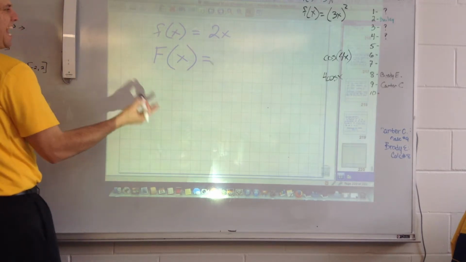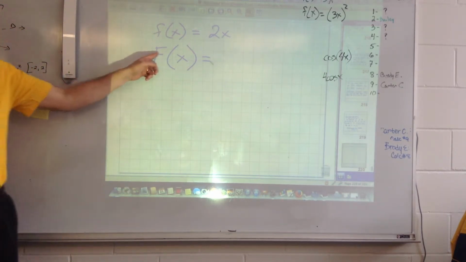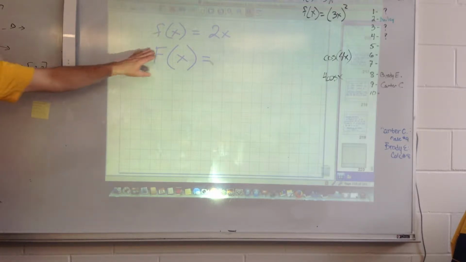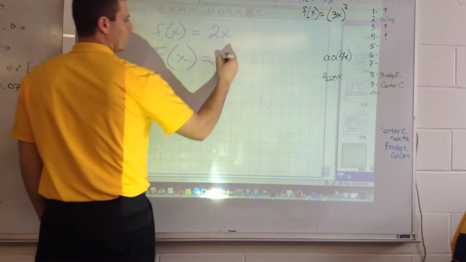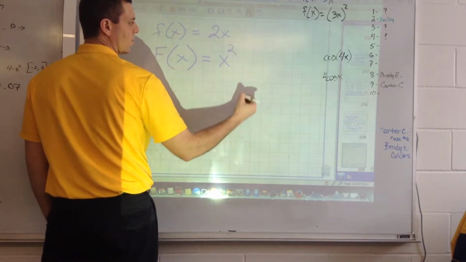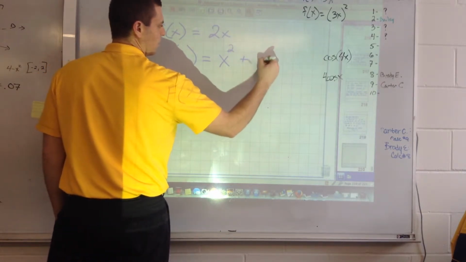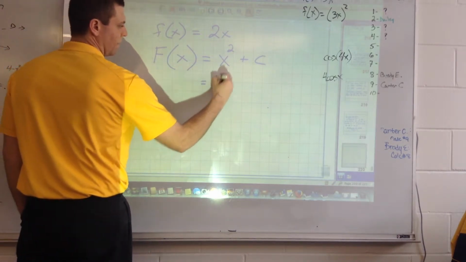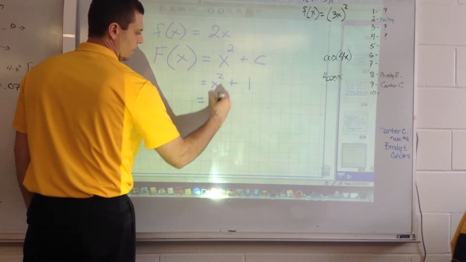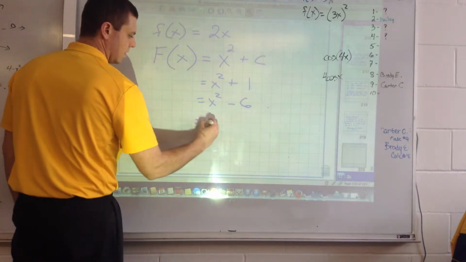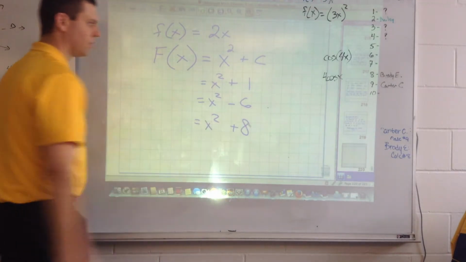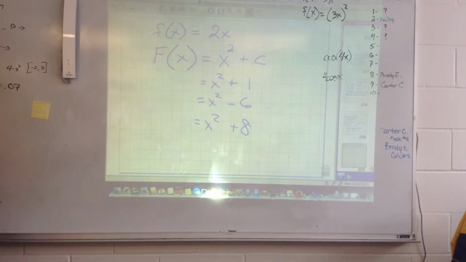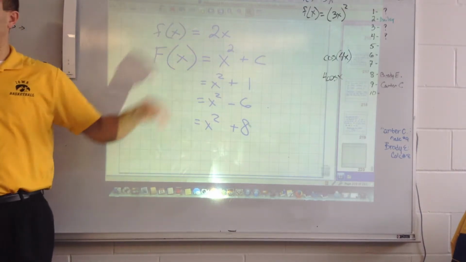That means the antiderivative, again I'm using capital F to represent the antiderivative, of this would be x squared plus any constant. So that could mean you have x squared plus 1, x squared minus 6, x squared plus 8. All of those would be antiderivatives of this, because